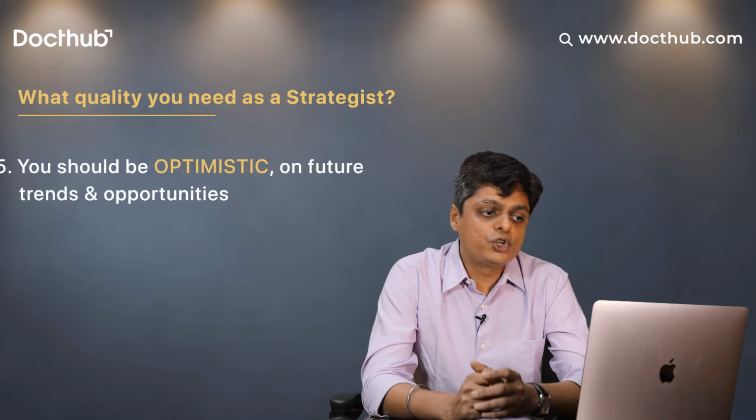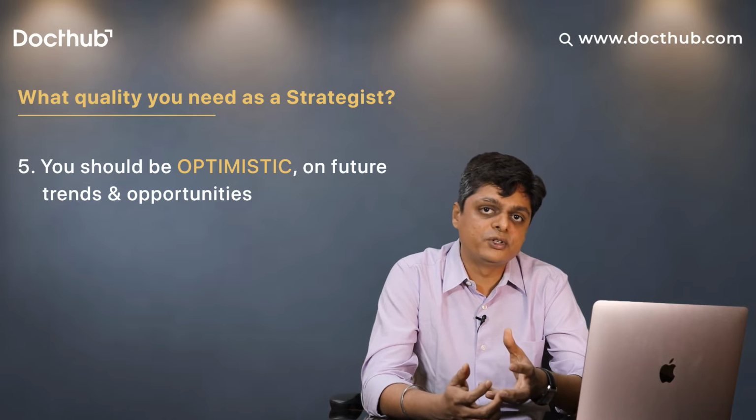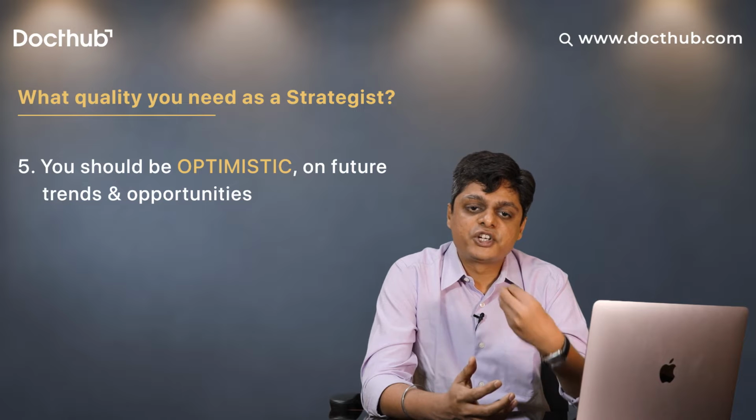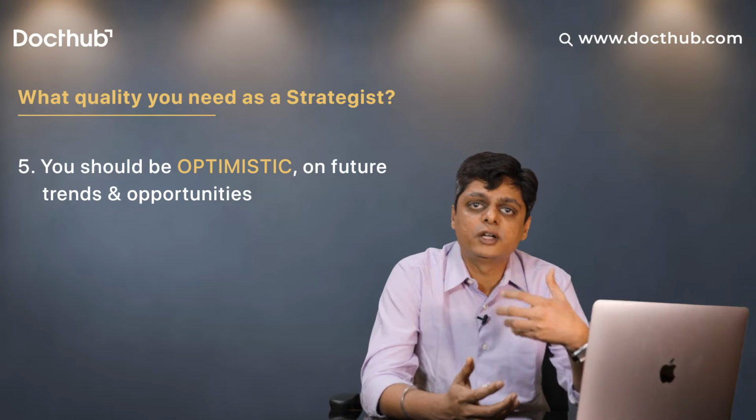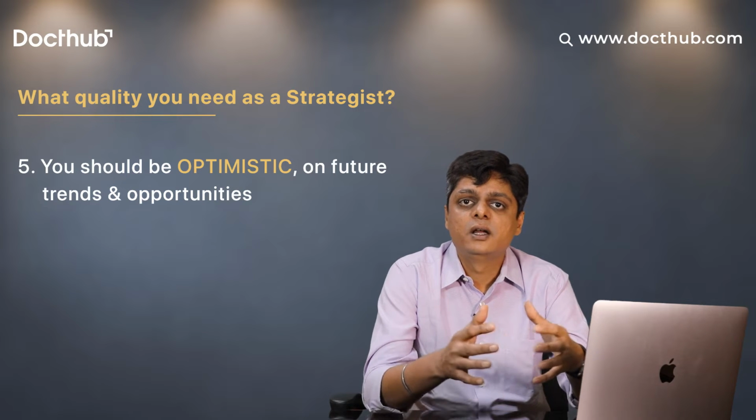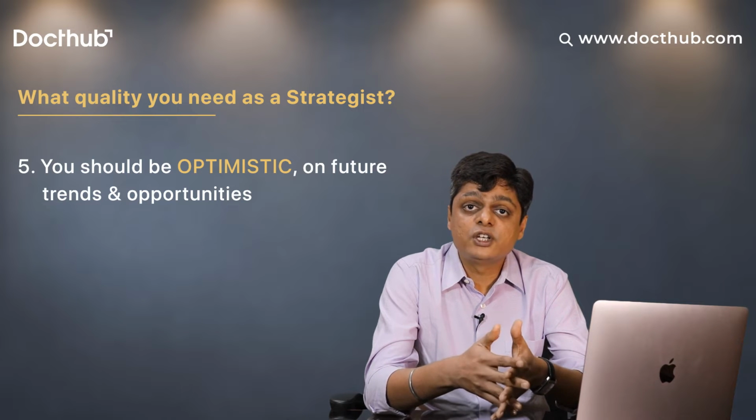And as a strategist, you should be optimistic about future trends and opportunities. It is a very important aspect, because while you are strategizing your hospital project, you are starting it, you are defining your goals, different scope of services and the service departments, etc. Your resources need to be aligned with that strategy. You need to consider recent trends, future aspects and opportunities, because if you do not, and a few years down the line you want to include a recent advancement in your hospital, that will be a limitation. While planning your strategy for that project, if you have not considered the future trends in terms of technology and departmental expansion,